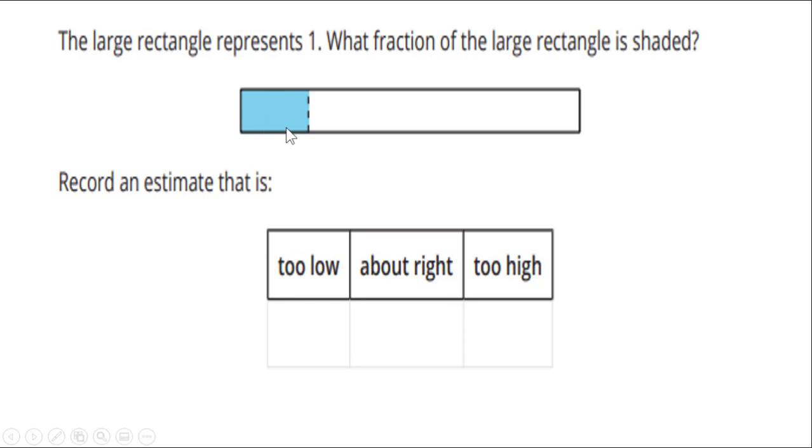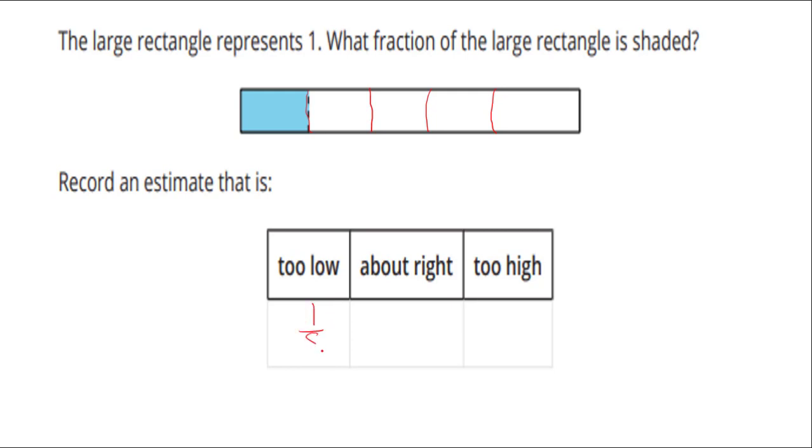Okay, well, when I look at that rectangle or that large whole cake, it looks like there are about 5 pieces. So here would be 1 piece, 2, 3, 4, and 5. Okay, so let's make an estimate on the shaded part. That would be too low. Well, if it's too low, let's say that we would put